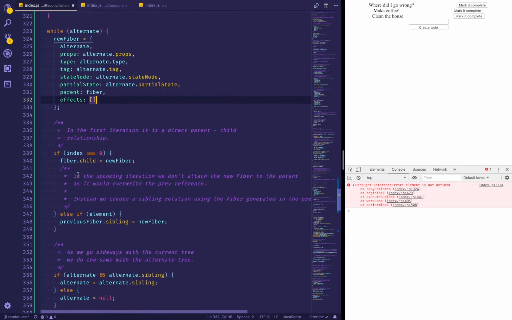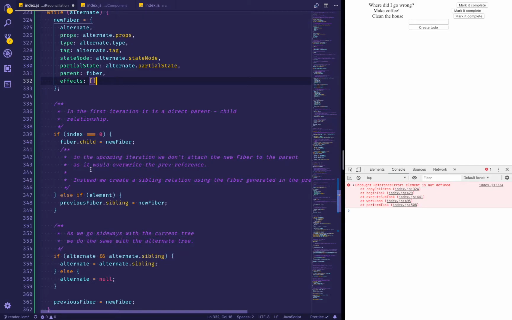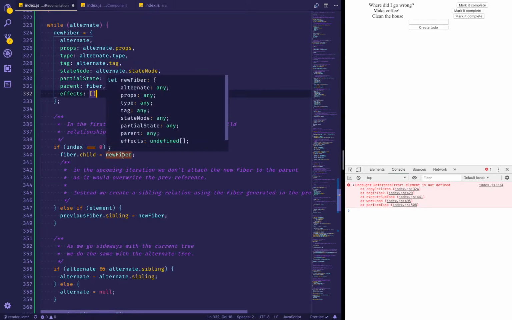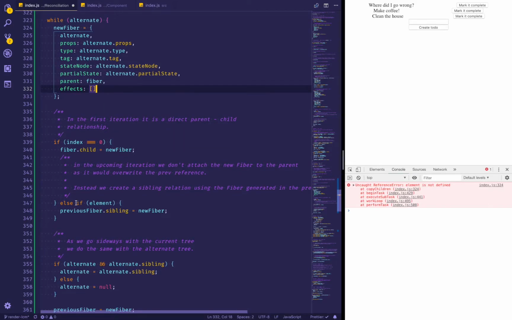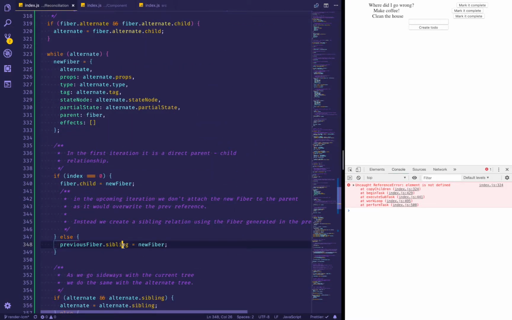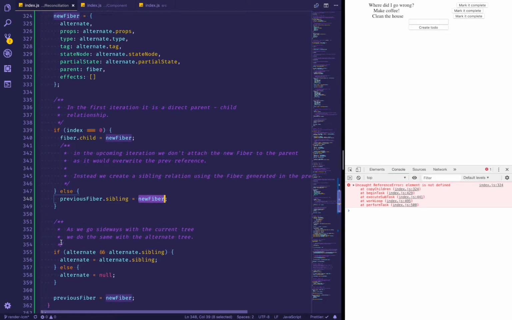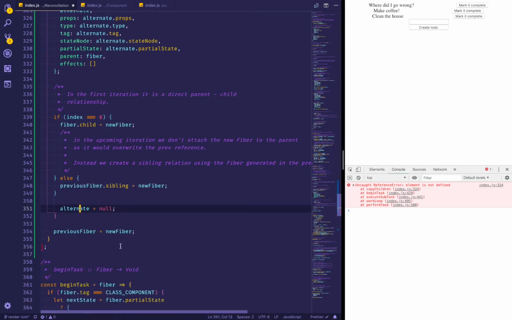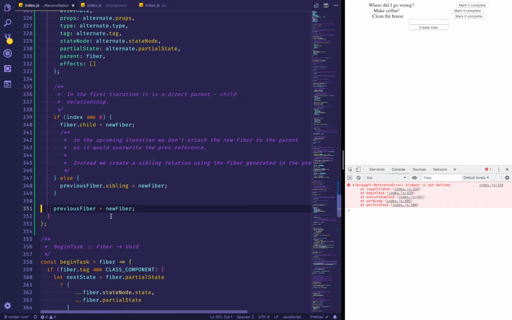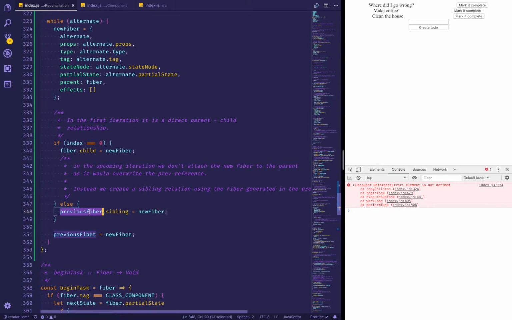So fiber dot child equals new fiber. That's quite right. Else we definitely don't need this because we don't have an element. So previous fiber, do we have a previous fiber? Yes, a previous fiber sibling will be new fiber. That's good. We don't need this. Previous fiber will be new fiber, and so previous fiber